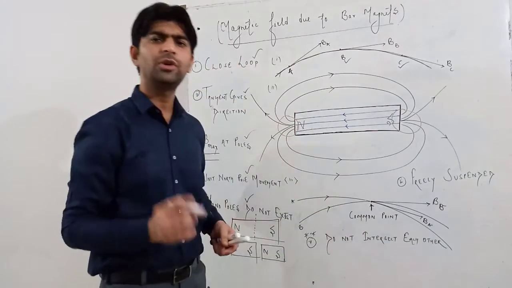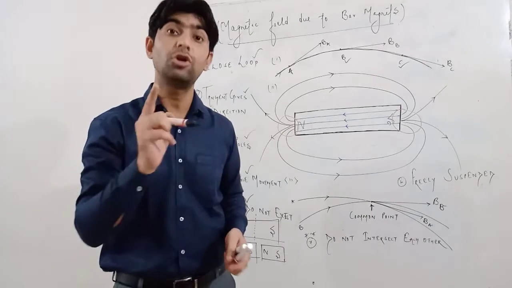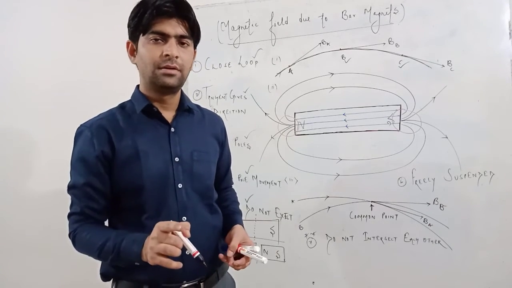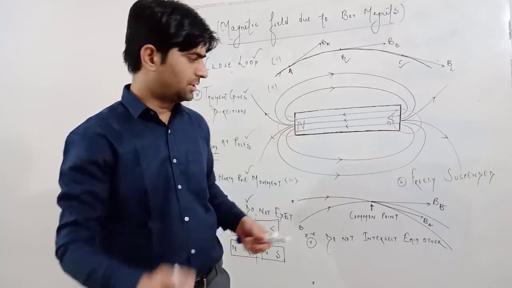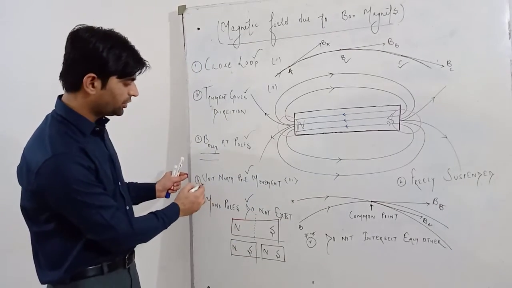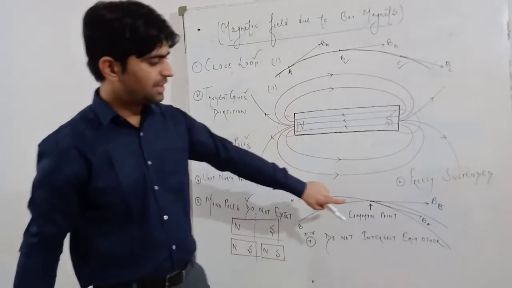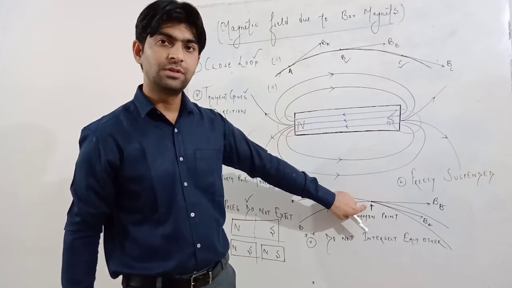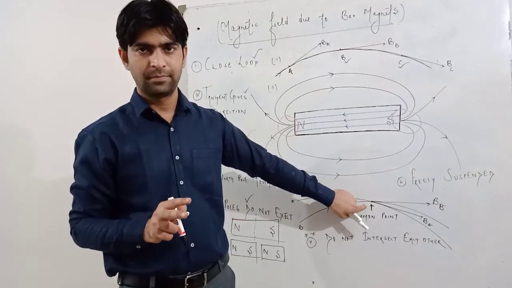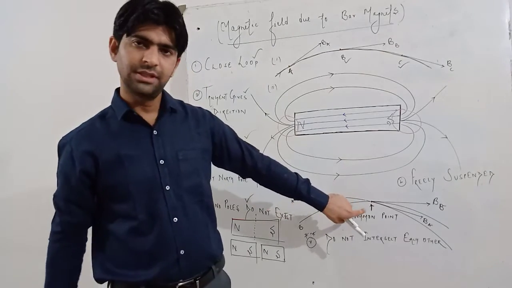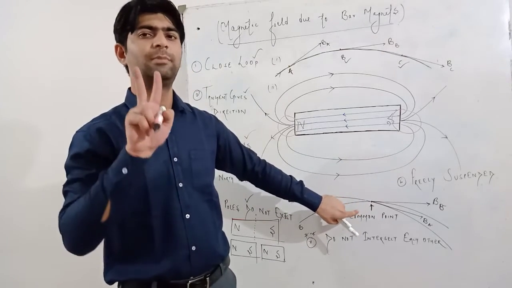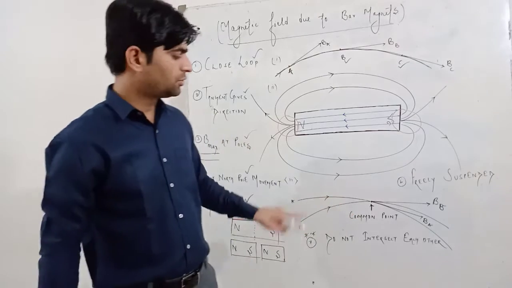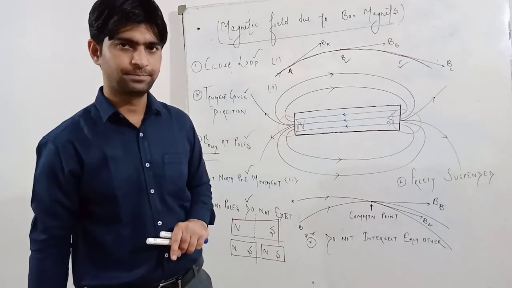That means at a common point we are getting two directions of magnetic field, which is not practically possible. At a particular point, the magnetic field has only one direction. We have seen property number 4, unit north pole moment. Suppose if I keep this unit north pole here, it is not possible that the unit north pole moves in two different directions. So if they intersect each other, there will be two possible tangents, and that means there will be two possible directions of magnetic field, which is not practically possible. So they do not intersect each other.